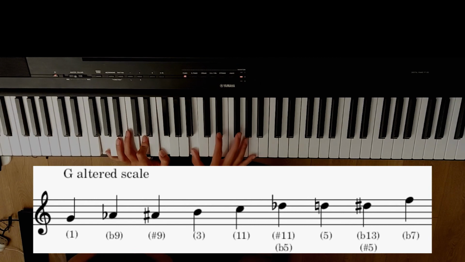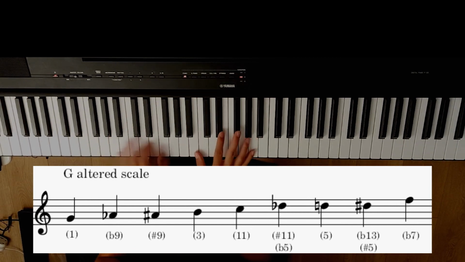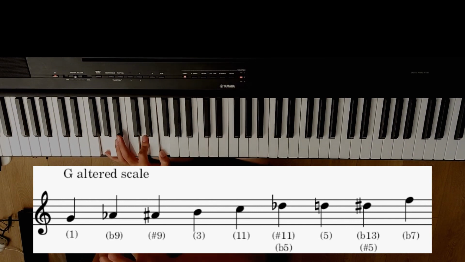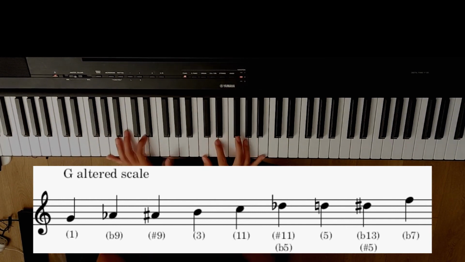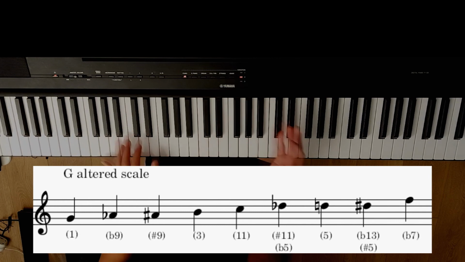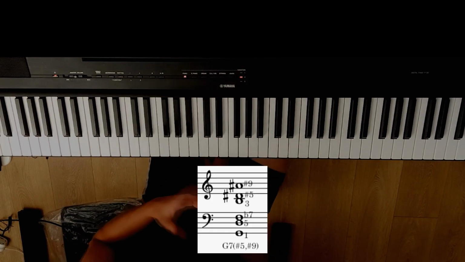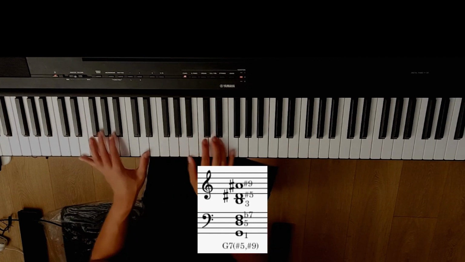and then I add a 3rd on top of that, which in this case happens to be the sharp 5 or flat 13, and then I go up a 5th, and this is my sharp 9. So really we have a flat 13, sharp 9. And then this is really nice because, in a natural